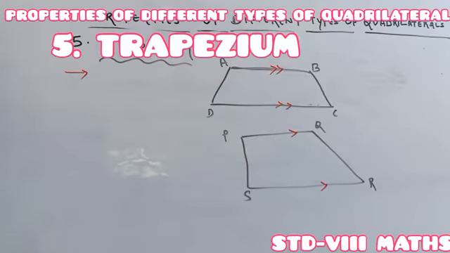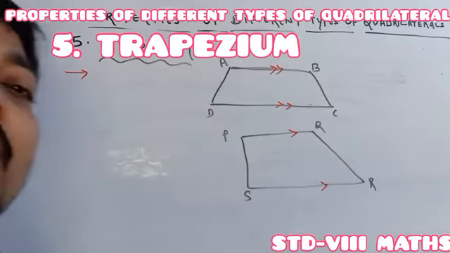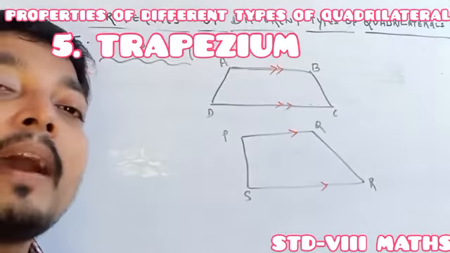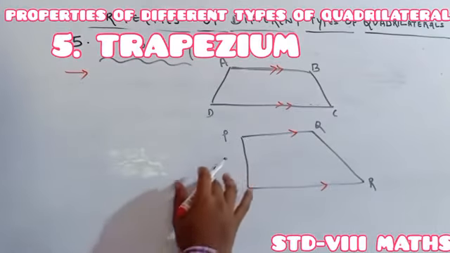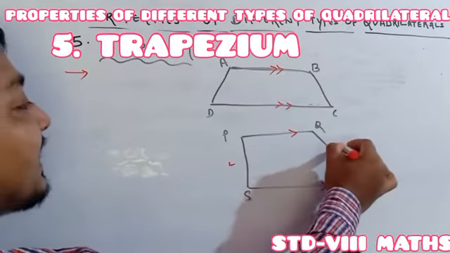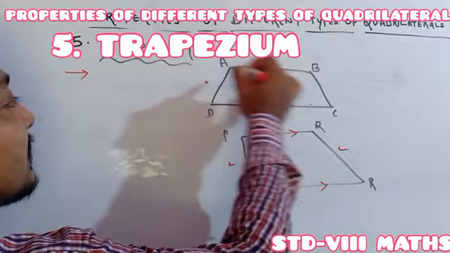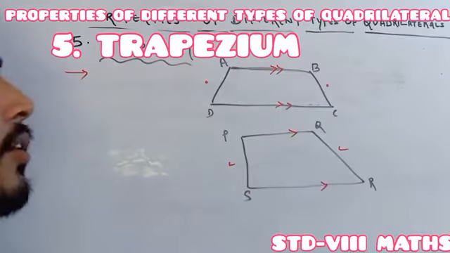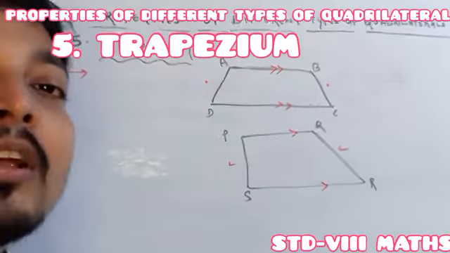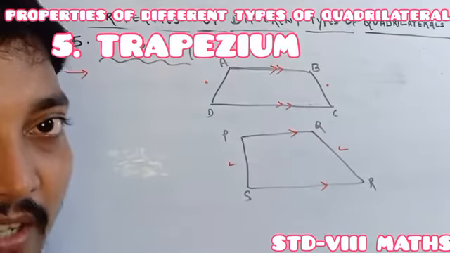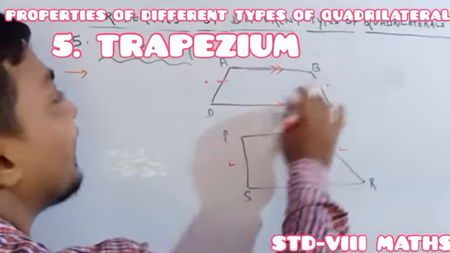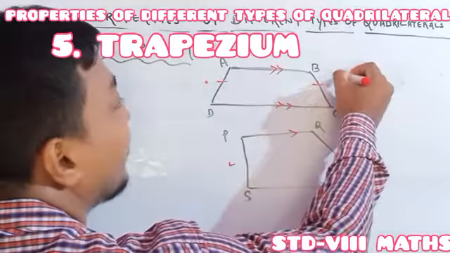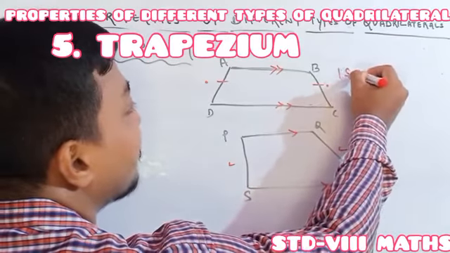First you have to say it is a quadrilateral in which one pair of opposite sides are parallel. Okay, and the non-parallel sides, see this one it is non-parallel sides. Also here this one it is also non-parallel sides. Non-parallel sides may be same, otherwise may not be same. Understood or not understood? And where you are getting that the non-parallel sides are equal, so that type of trapezium you can call it as the isosceles trapezium.